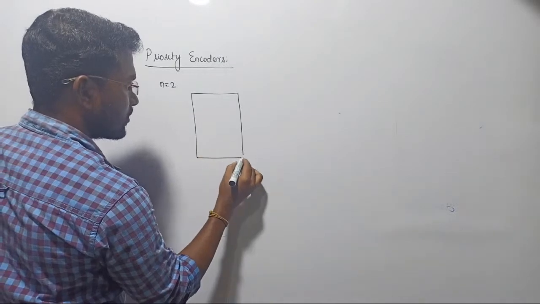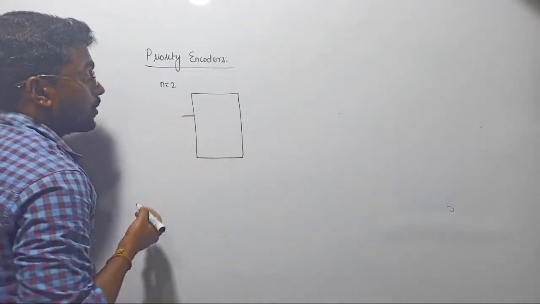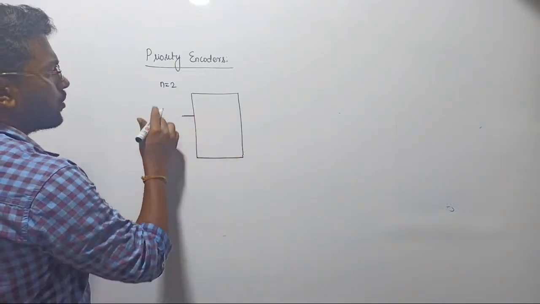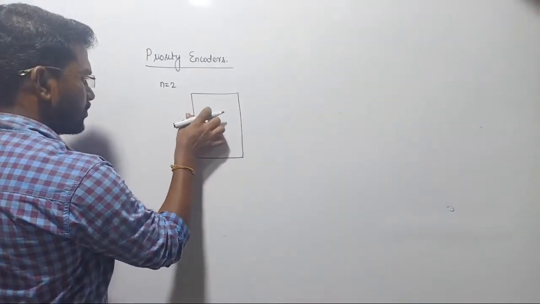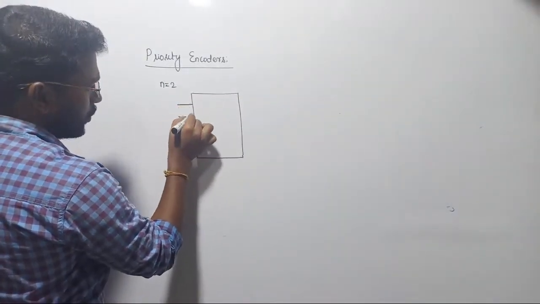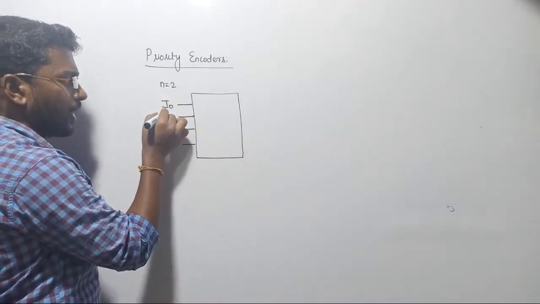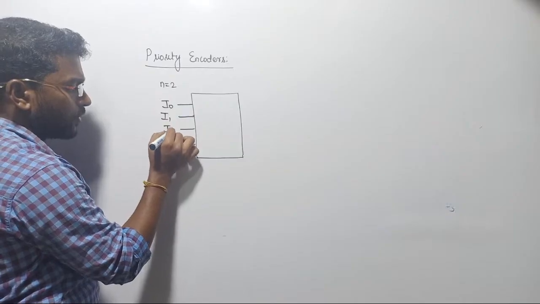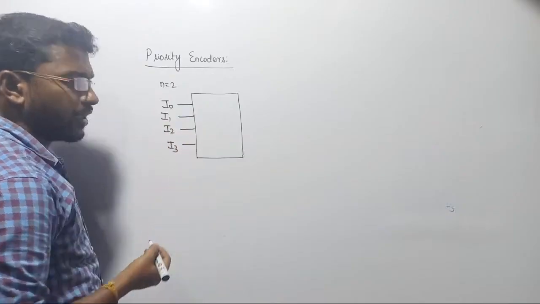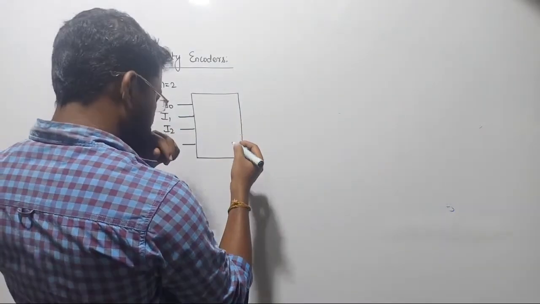I took n equal to 4 possible inputs, I0, I1, I2, I3, and we are going to get its corresponding